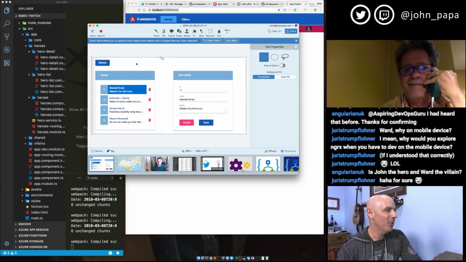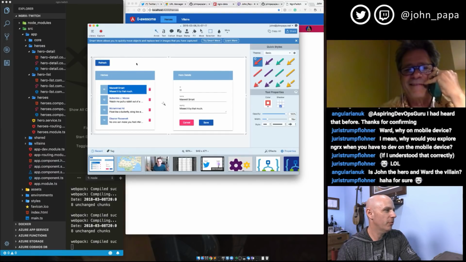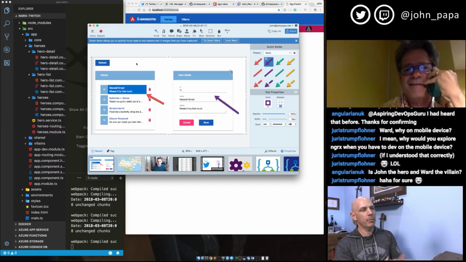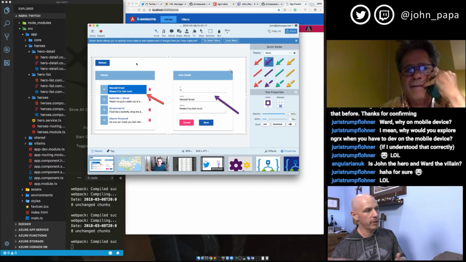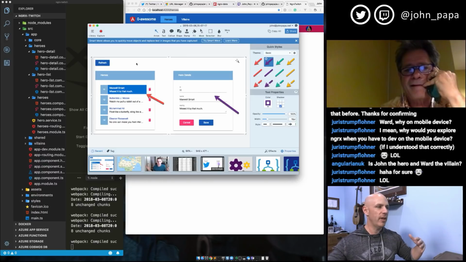All right. So looking at the screenshot, this section in the red is the hero list. The purple arrow is the hero detail. Those two components are presenter components. They don't know how to get heroes or update them or save them or do anything. They just know that they'll be given the heroes or the hero detail, and then they'll display it on the screen, and they'll then notify somebody to say, hey, somebody saved me, or somebody deleted me, or somebody asked to